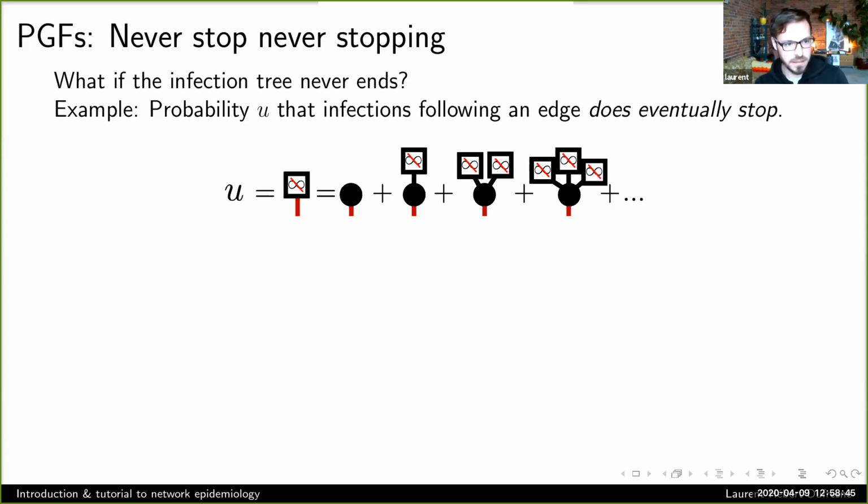And here's a nice trick. We're going to calculate the opposite. We're going to calculate the probability that it does eventually stop, and that makes it much easier. We're going to call that probability U, and U is the probability that I follow an edge, but that at the end of that edge is a finite number of nodes. I don't get out of control. I stop eventually. And I'm going to represent that by a square. It's a lot of nodes, but it's not infinite.